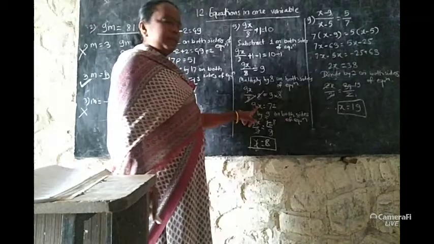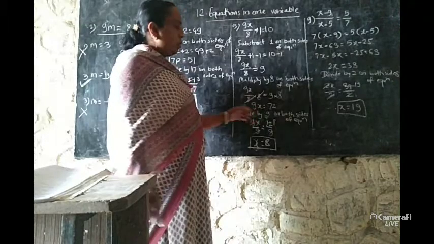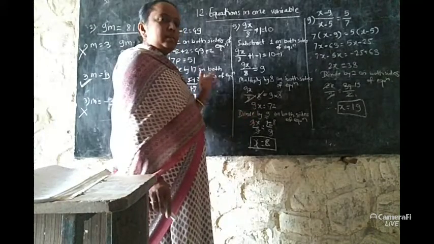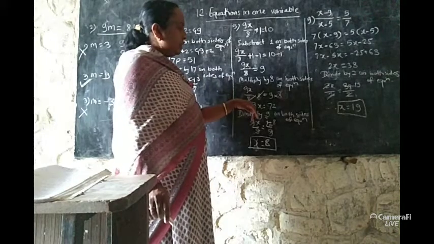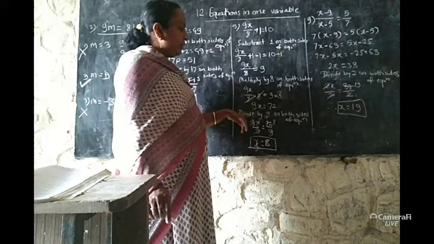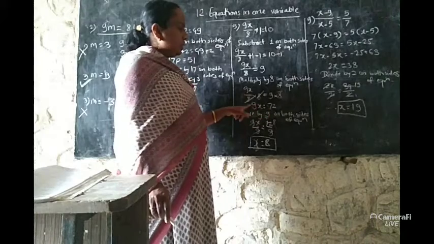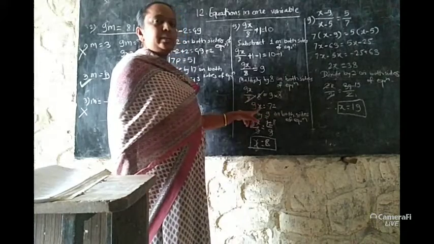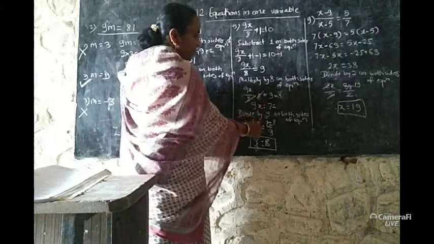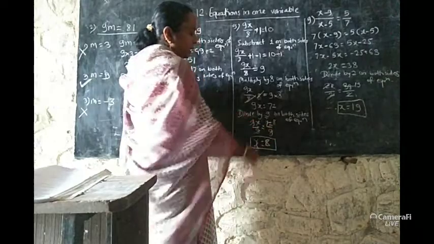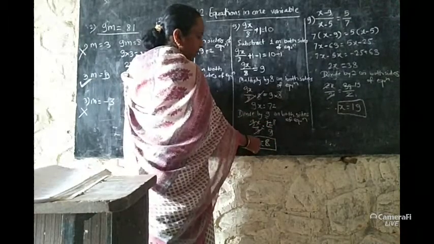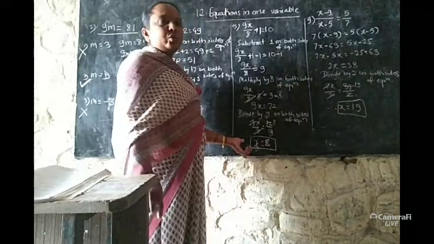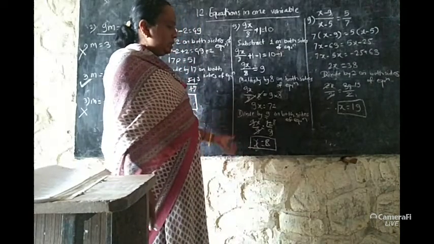Then here multiplication is done. We have to obtain only the variable, so we are cancelling the other numbers by doing the opposite actions. Here 9 is multiplied to x, therefore we have to divide by 9 on both sides of the equation. Therefore 9 gets cancelled and we get the variable x. Here 9x upon 9 is equal to 72 upon 9. 9 gets cancelled. 9 eights are 72. Therefore x is equal to 8. This is the solution of our equation. Here we have solved this equation.